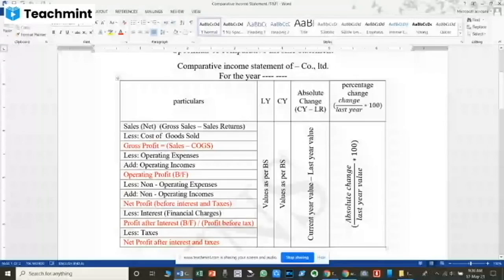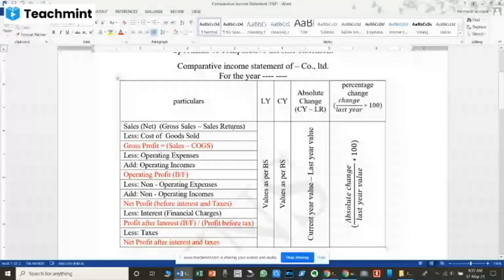The way of presentation of the comparative income statement is, first of all, you have to take up the net sales. Here net sales in the sense sales minus sales returns. Sales minus sales returns is to be taken as net sales. Keep in mind, gross sales cannot be shown in the statement. If they are given the gross sales, then out of the statement you have to deduct the sales returns from the gross sales,